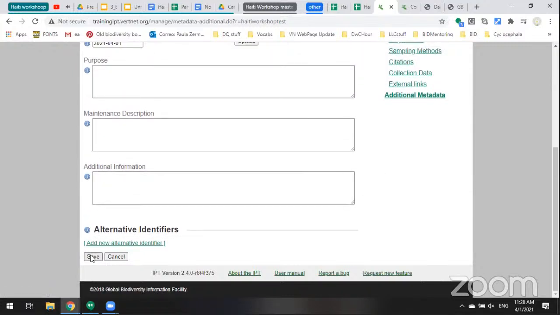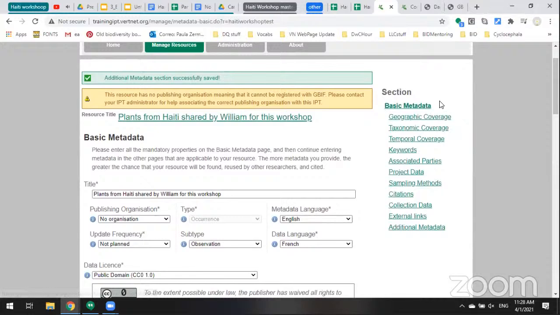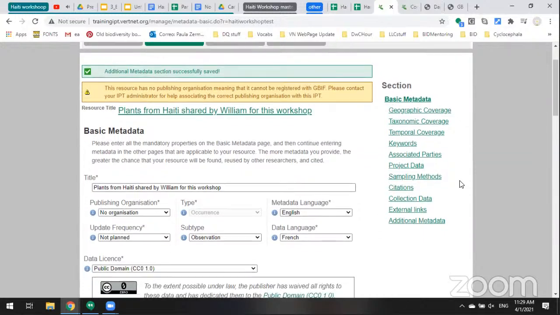So with that, we're done with the metadata. I know this seems very, very long, but again, the only mandatory section is the basic metadata. Of the others, you will see that many don't really apply to our data set. So when you work with your data, you will see that some of these apply and some don't. So don't be scared. It might seem very, very long at first, but you will get used to it,